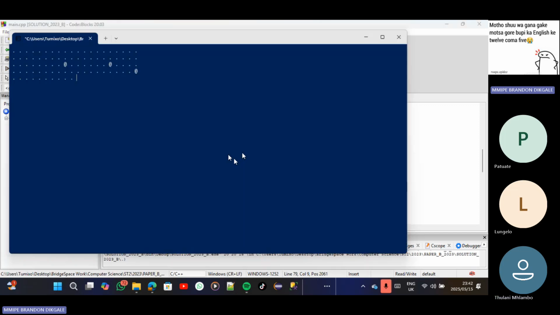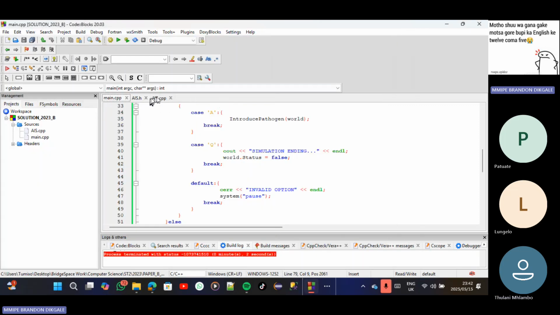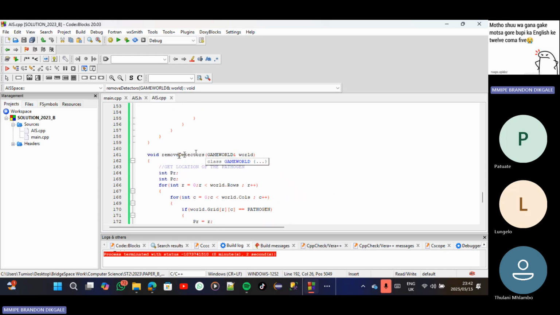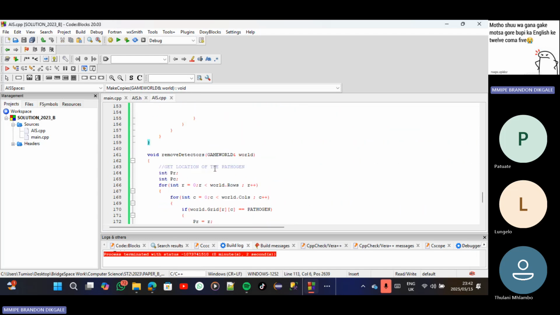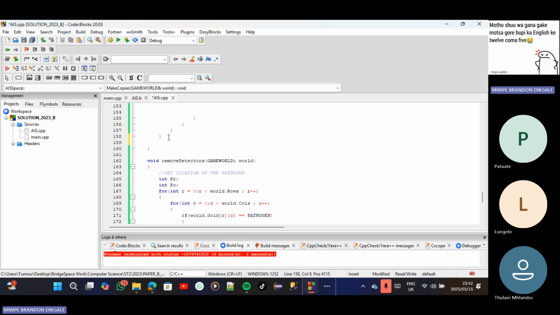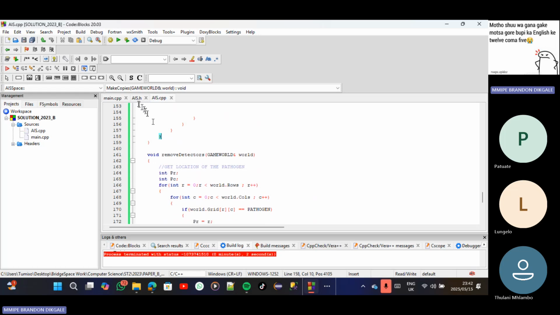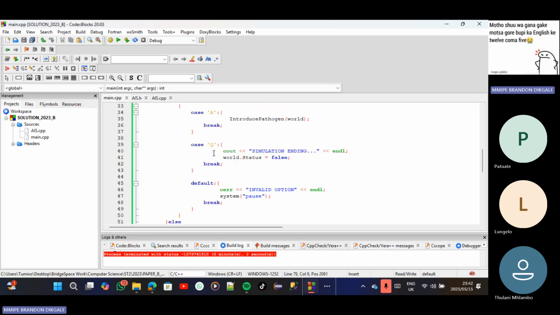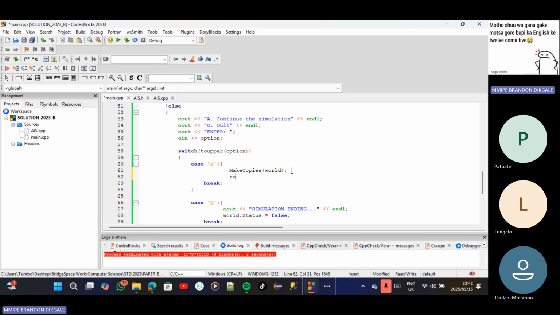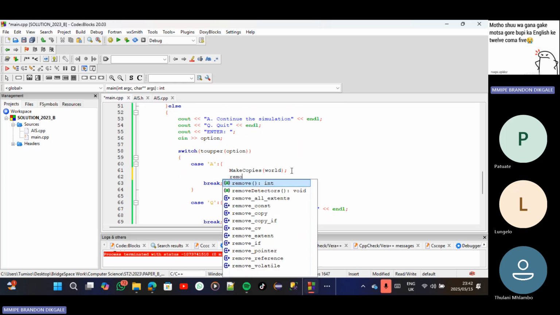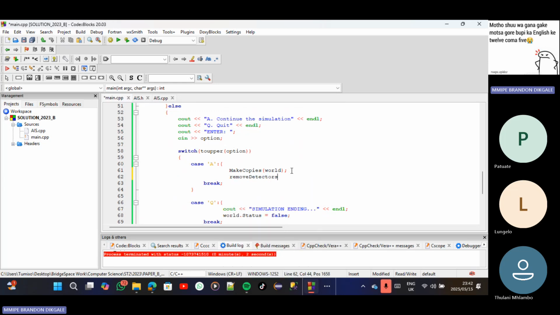So let's run this. Did we use that? No, we didn't use a remove detector. So we remove a detector after, I don't know, maybe we can just use it here. We can say after making copies, then we remove detectors there. I don't think it matters. We can do it here. So now if I run,